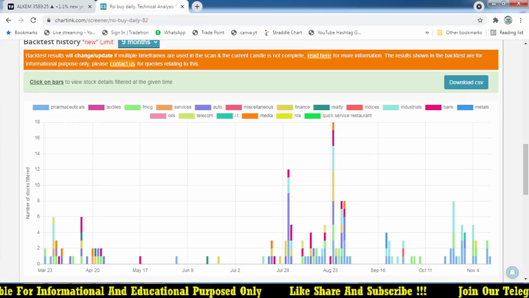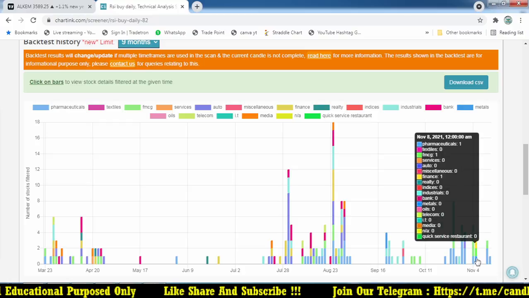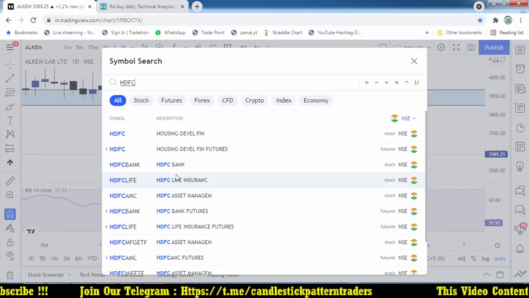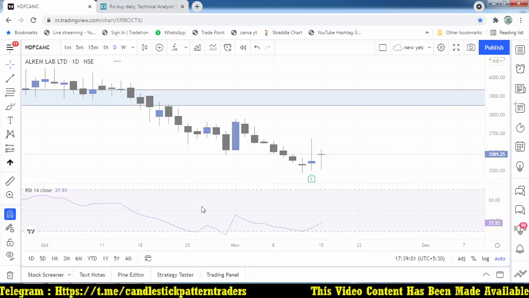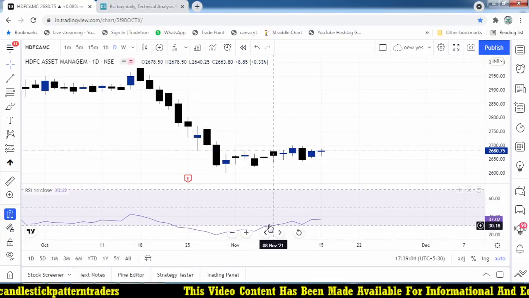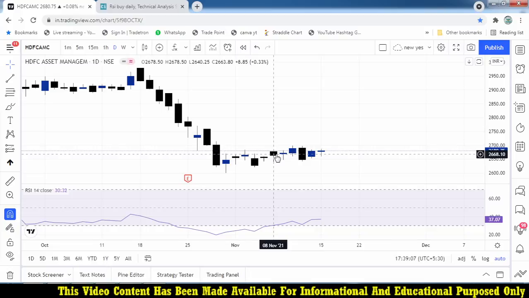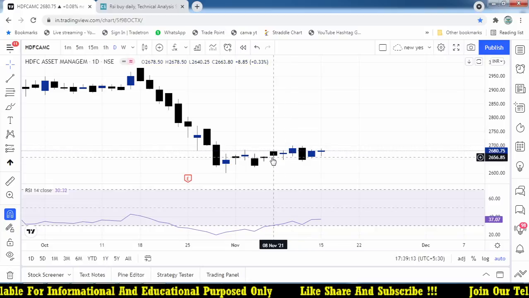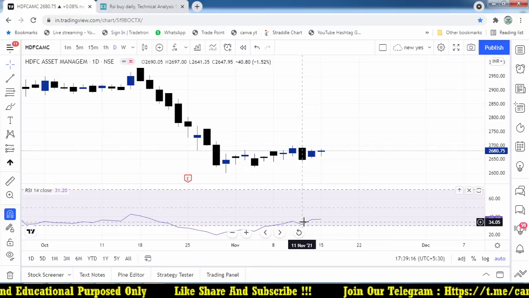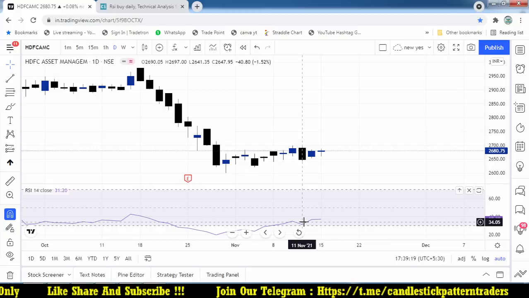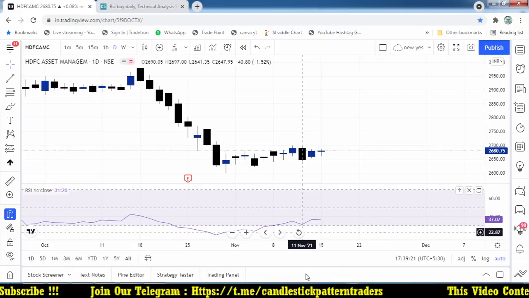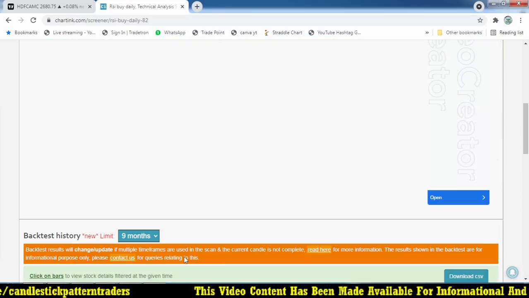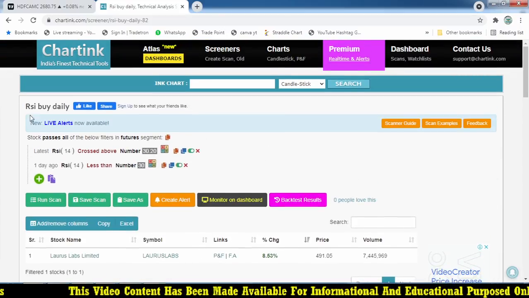And some other stock from the day before, we got around 8th of November, HDFC AMC. Let's see HDFC AMC. The method is simple: here at this point on 8th November around 2663, the next day it had 72 and 88, almost 2699. Within 2 days it gives you such a good amount, so we can plan a positional trade with 1 or 2 days of holding, or even trade with options. That will give you such a great opportunity to make a good amount of money using this method. So that is the scanner, RSI buy daily.